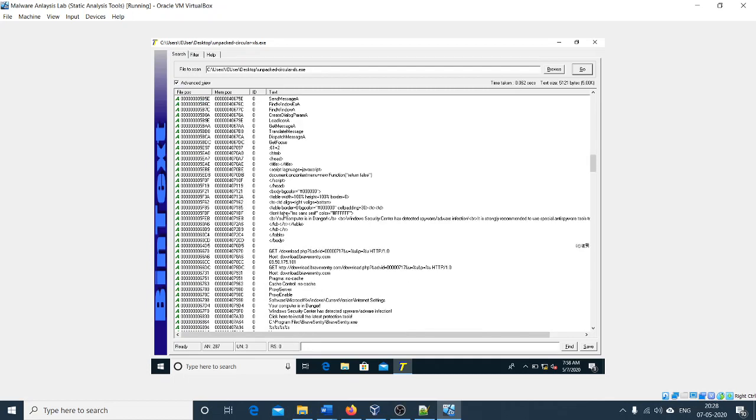Coming down, I'm having a very interesting thing, right? Some HTML script is there. In this HTML script, there is a note saying Windows Security Center has detected some spyware. Your computer is dangerous, right? So some script is there. As I said earlier, we have confirmed this as a GUI mode portable executable file. It may pop up some